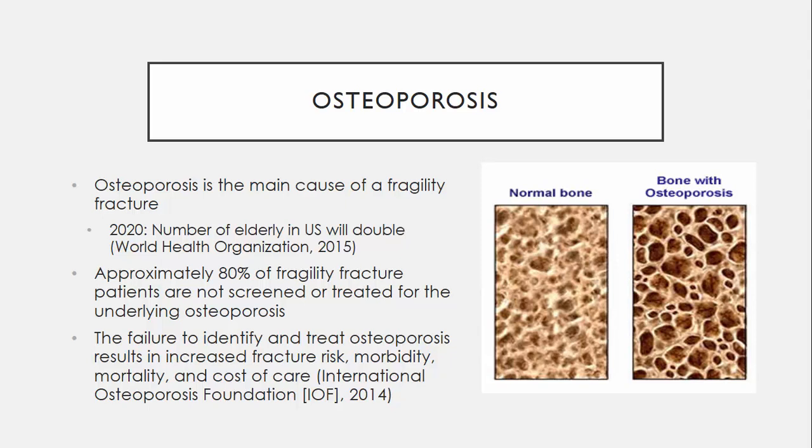Again, osteoporosis is the primary cause of fragility fractures, but in practice, patients are not being worked up or screened for any underlying osteoporosis. They're coming in with the fall and the broken bone. They're being treated for the bone, but their osteoporosis is not being identified and treated as well. And that puts them at increased risk for secondary fracture and resultant increased costs of care treating that secondary fracture, diminished quality of life, and increased morbidity and mortality rates.